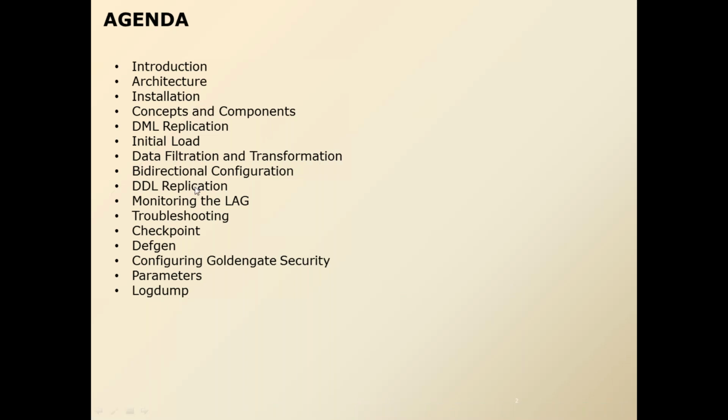Then along with that, I'll be discussing troubleshooting. In this training, you will be getting troubleshooting of Oracle Golden Gate, how to perform troubleshooting, as well as performance tuning in detail. Then we'll be discussing checkpoints, and how Golden Gate ensures data integrity in your environment. Then we'll be discussing security. A Golden Gate new feature called self-describing trail files we'll be discussing.